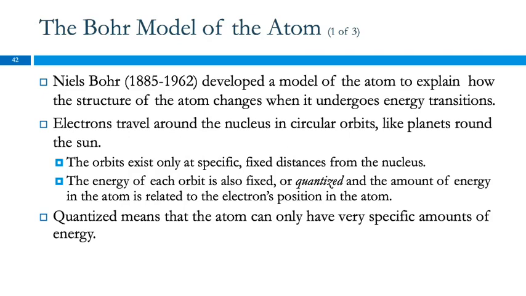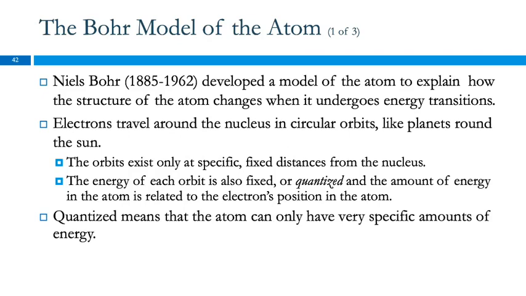So Niels Bohr, the guy who was quoted at the beginning of the chapter, developed a model of the atom to explain what happens to the structure of it when it undergoes energy transitions. Why do we see those three lines from the hydrogen lamp? So in his model, which